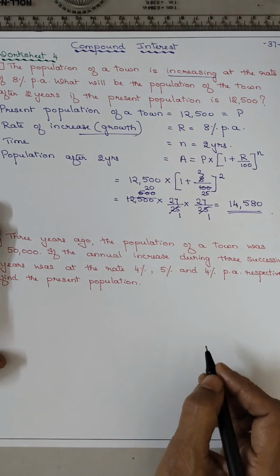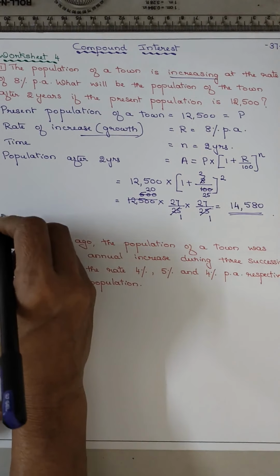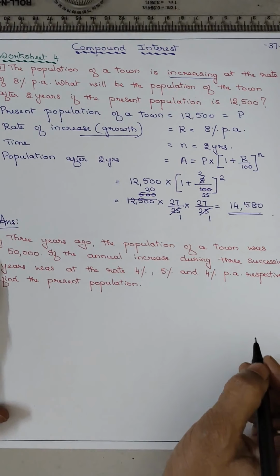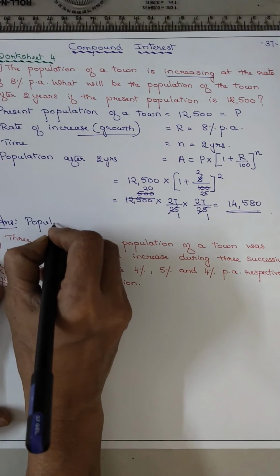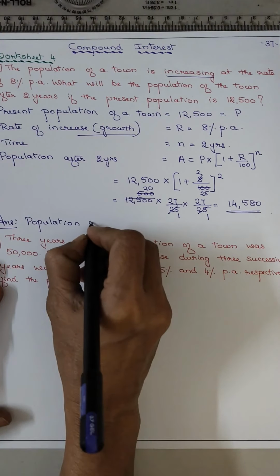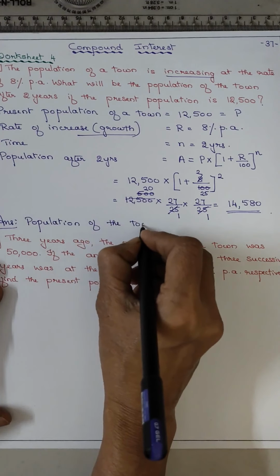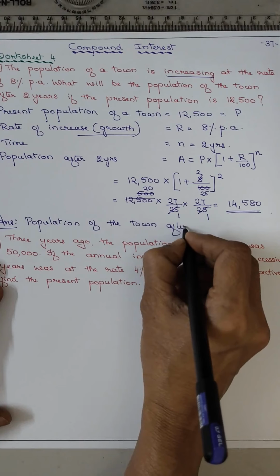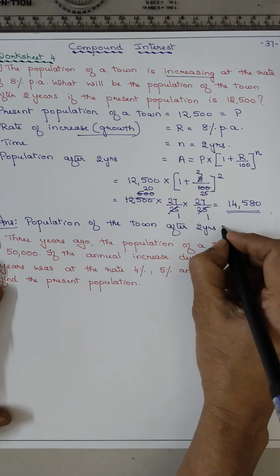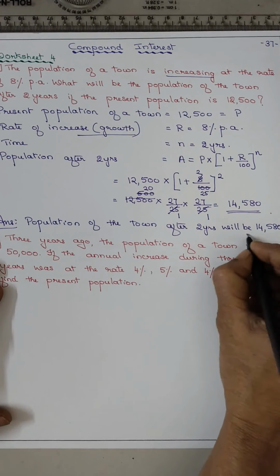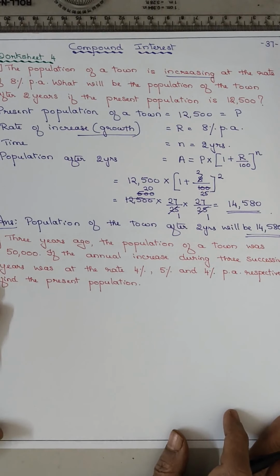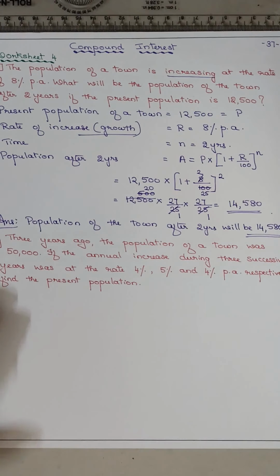Calculation everything, rough work you have to do. Okay. Answer: the population of the town after 2 years will be 14,580. Easy sums, isn't it? Now coming to question number 2, 3 years ago, so time is 3 years, the